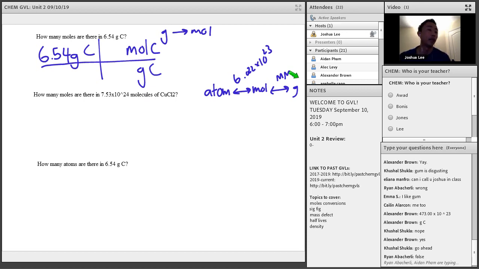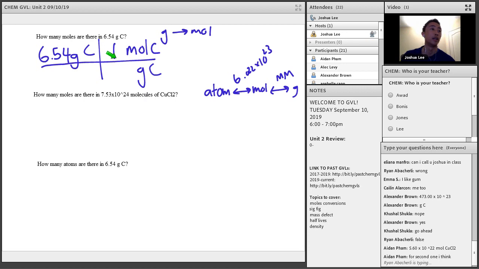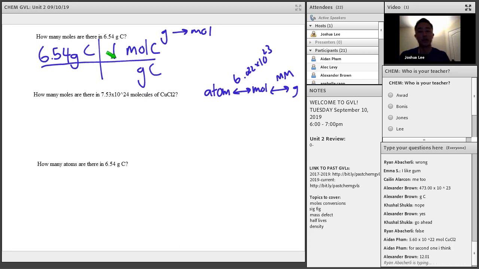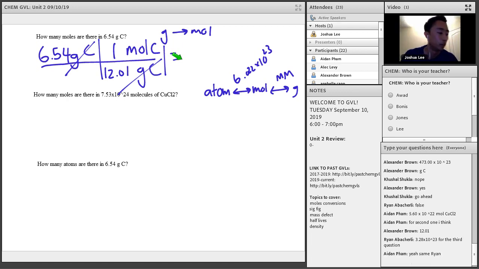So going back to the problem now, we have 6.54 grams of carbon, and we want to get rid of grams and go to moles. So Mr. Mole's favorite number is 1. So for every 1 mole, how many grams of carbon are there? That's when you have to go to the periodic table and find the molar mass of it. So that's going to be 12.01. And then the grams of carbon cancel out, leaving you with 6.54 divided by 12.01, which is going to be